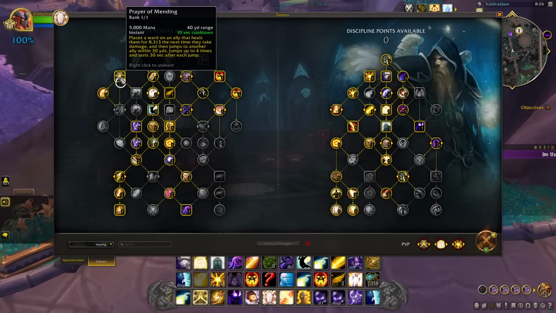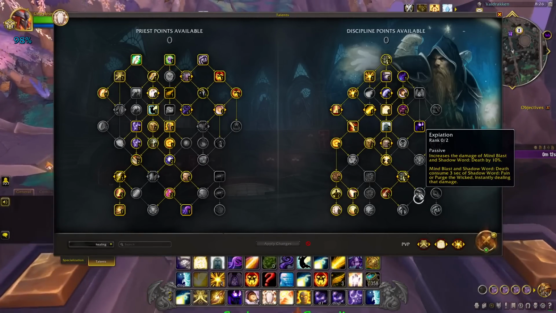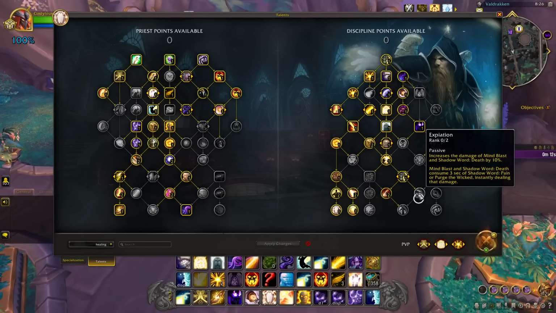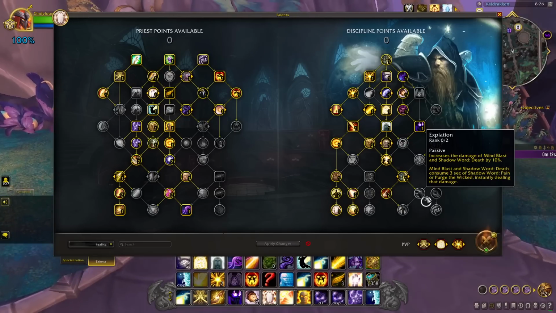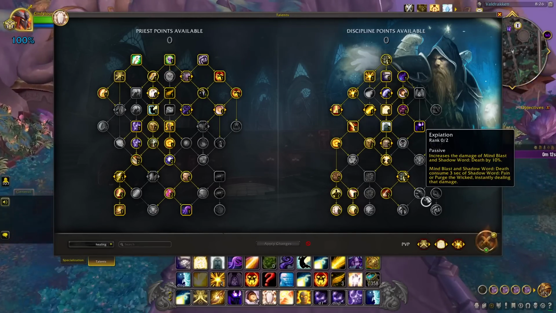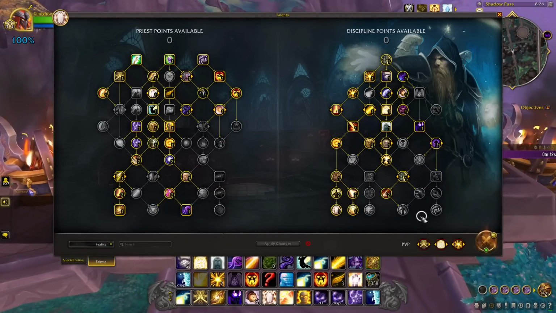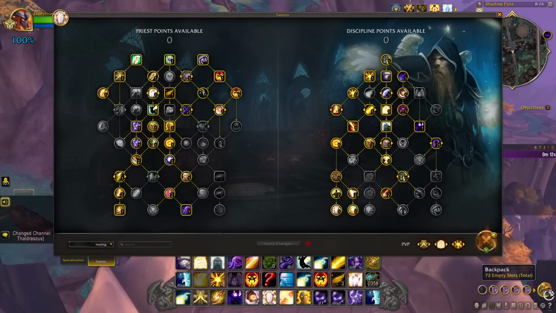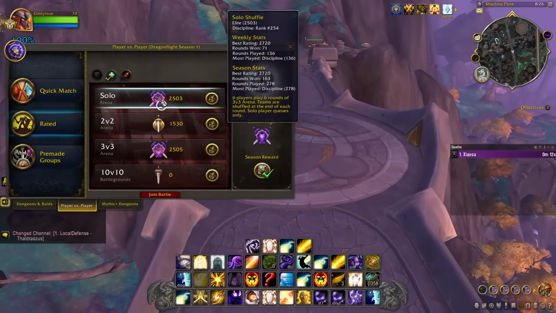I would say it averages about 10% of my healing per game. And Expiation is a lot of damage. Now, what I've been finding personally with the comps that I have been playing, as well as even in Solo Shuffle, is that I feel like I cannot get damage out the way I want to for those specs to be working properly. In Solo Shuffle, from my experience recently, and it might be because I'm a little lower rated,